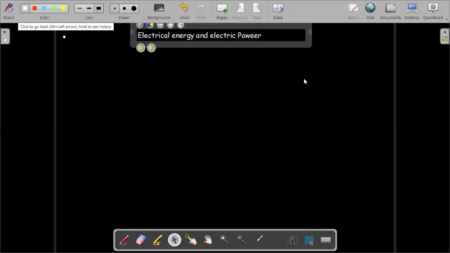When the electrical energy or current flows through a resistor or any other device, which we generally call the load, either it causes a heating effect, or it causes the emission of light, or it causes